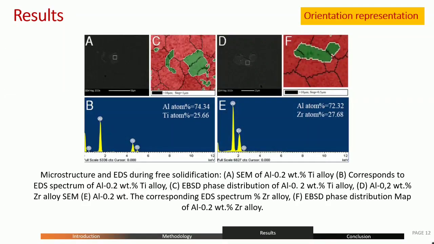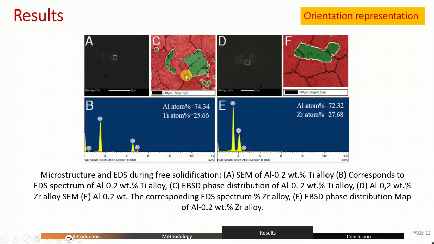So this is the EBSD and EDAX result, and figure A is actually the same result. We can see the white part is actually the intermetallic settled in the aluminum matrix. B part is the EDAX. They have talked about the composition, like what ratio of aluminum and what ratio of titanium is there in a particular area that they have scanned. EDAX is done by 3 or 4 methods. First one is point analysis, then line analysis, then area analysis, and then complete figure analysis. Complete figure means figure A. But in this they have done the area analysis for this particular contrast only.